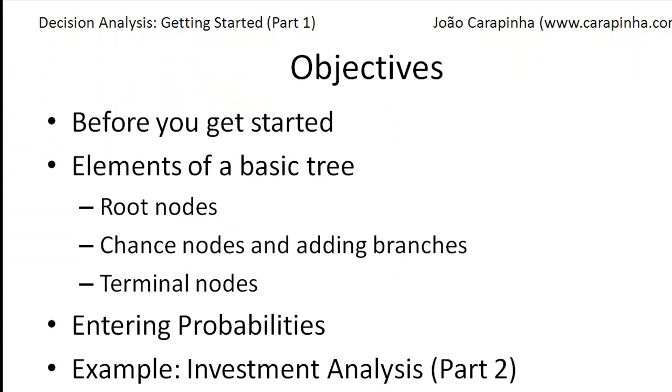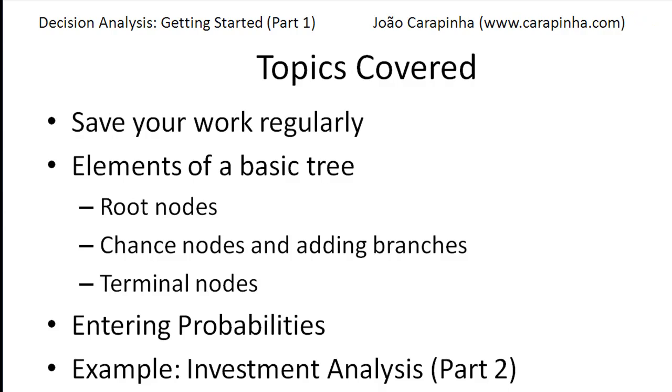The topics that we've covered during this particular session have helped you to save your work on a regular basis onto your desktop. We've also discussed the elements of a basic tree, which is a root node, chance node, and adding branches and terminal nodes and entering probabilities. In part 2 of this video, we'll be taking these fundamental elements of building a tree, utilizing an investment analysis